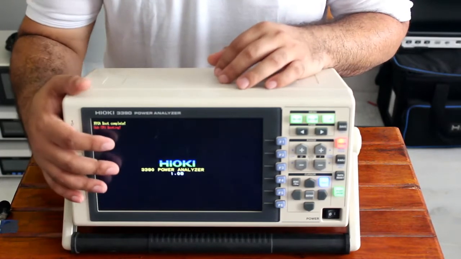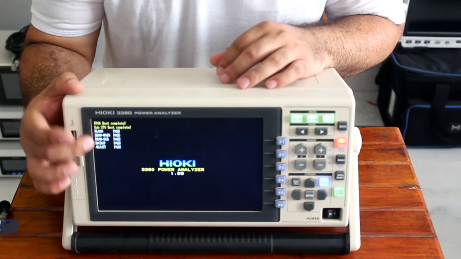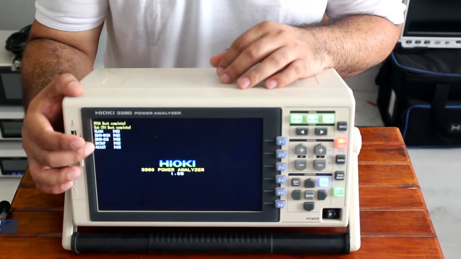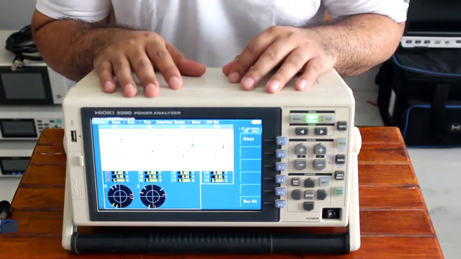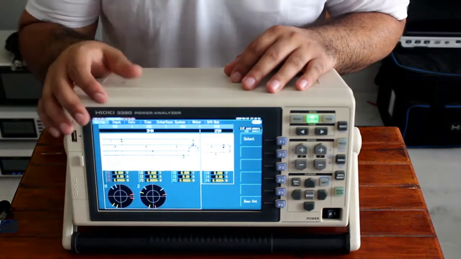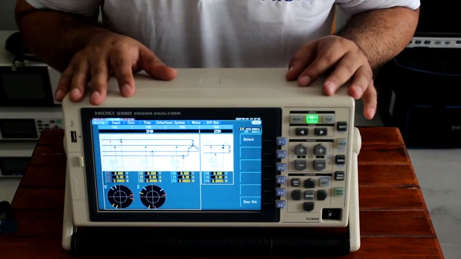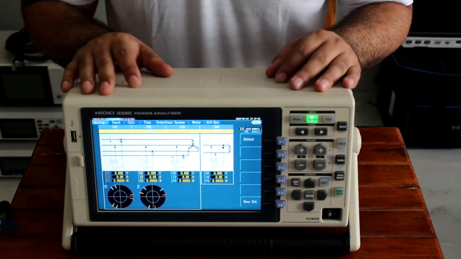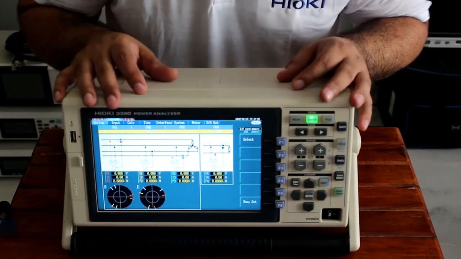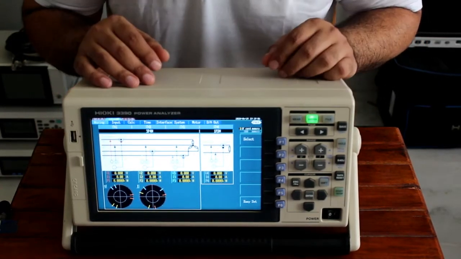Initially it will start up and reboot a few things to check whether everything inside the hardware and software is fine, and it will come to this home screen, which is related to the settings. Now I will explain the features and how to set the instrument before performing any kind of test.